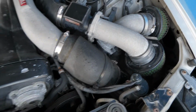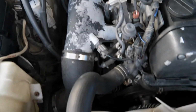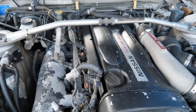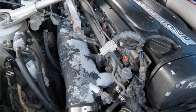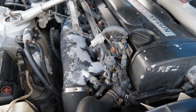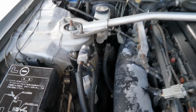Yeah, HKS intake, and that's it really for breathing room. And as you can see, the intake plenum is flaking the coating on there, so you can see they didn't really mess with that too much. It's just stock. A lot of the ones that get repainted, I mean even the original ones from like the R32 series will flake even at low mileage. That's how it is. And there are some additional wires for gauges and some relays, so they do have some of the electronics on there,